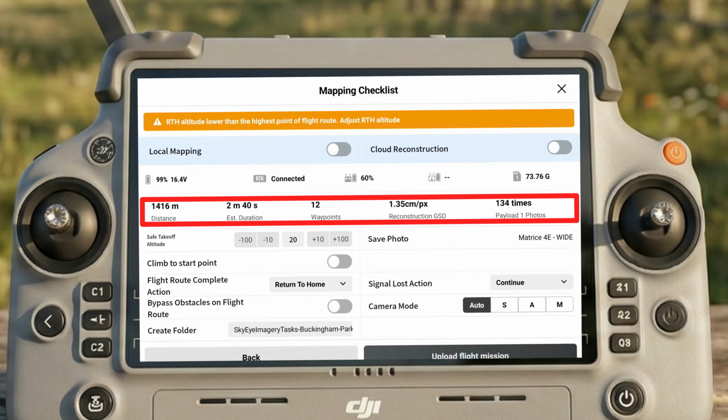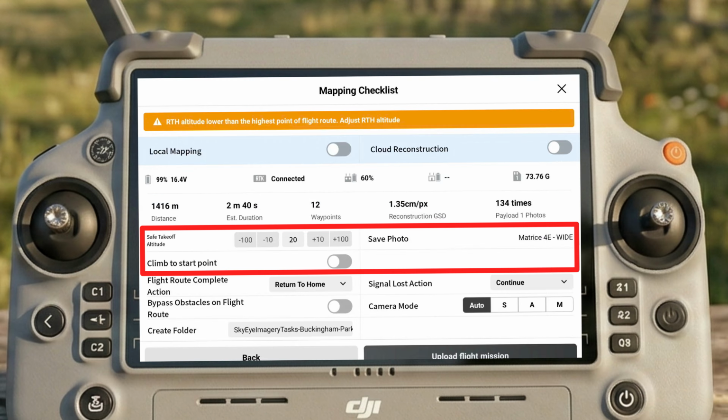And also the number of photos that will be taken, 134. And also you have your safe takeoff altitude, which I've got here as 20 meters, and the type of camera that's going to be used, so the wide angle camera,